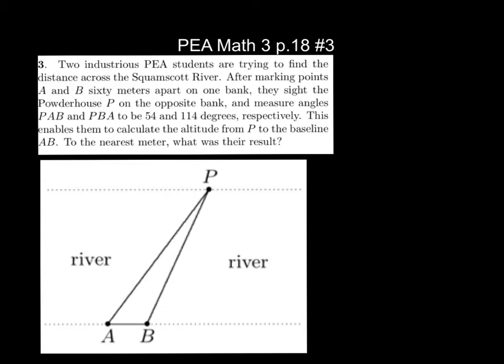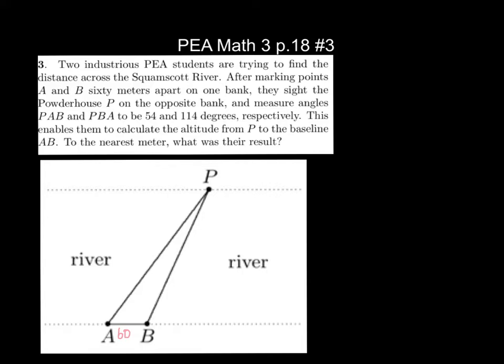Okay, this is page 18, number 3 out of the Exeter Math 3 book. Good test question here. We have two industrious PEA students trying to find the distance across the Squamscott River. After marking points A and B 60 meters apart, so go ahead and draw this in the picture, 60 meters apart, they cite the Powder House P on the opposite bank and measure the angles PAB and PBA